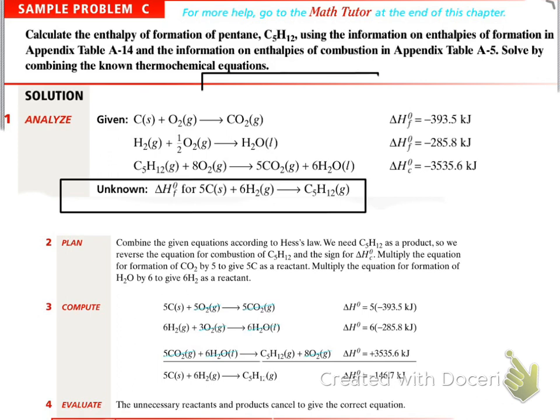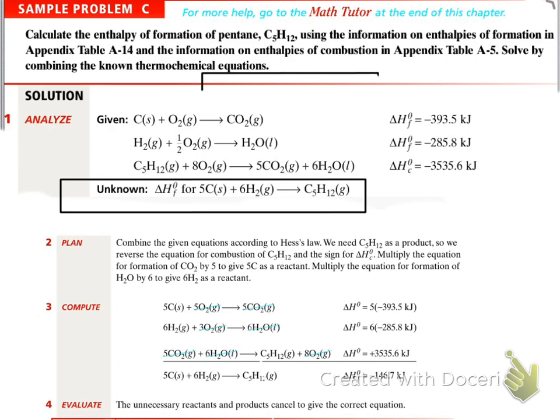Reverse the sign in each of these. Reverse that sign, because pentane is a reactant here. We want it as a product, so in order to reverse the equation, we've got to reverse the sign as well. And we multiply the equation for formation of CO2 by 5 to give 5 C's as reactant, because that's what we want here. I have 5 carbon